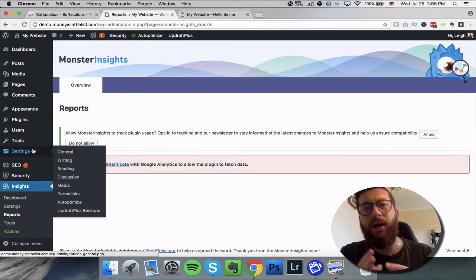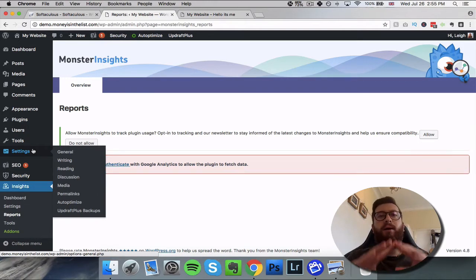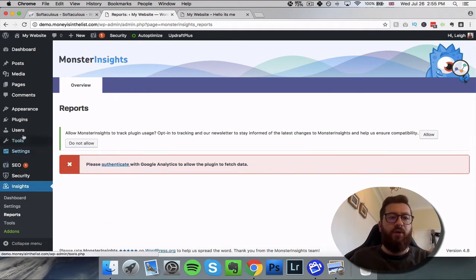I'm now going to talk about a couple of cool little plugins that I like to install onto the websites as well. They're not essential, but they give you the full package. Now, the first one we're going to look at